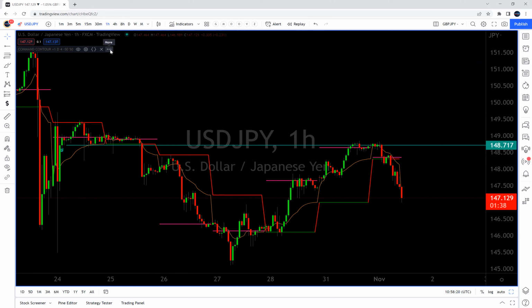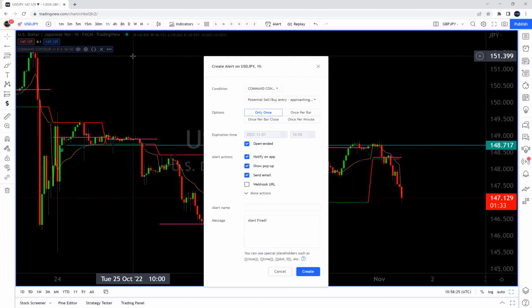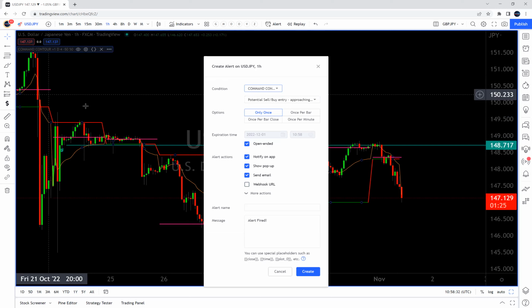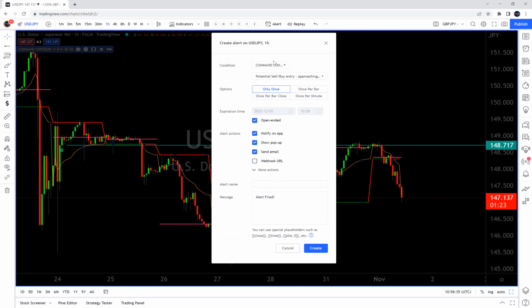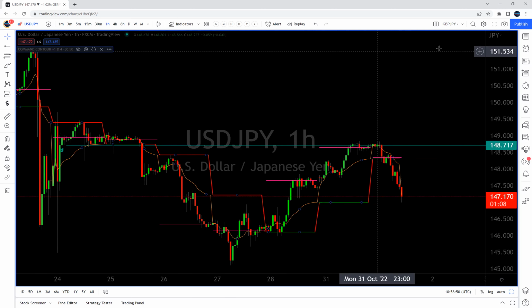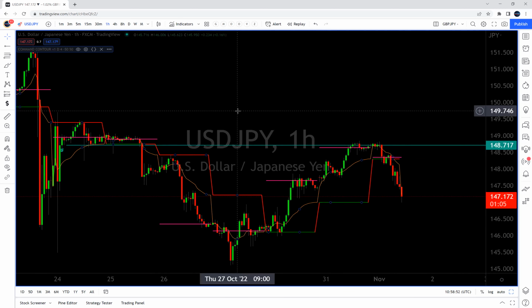So if you click on these 3 buttons next to the indicator, just click on that and hit add alert. Your condition will be your command contour, right? So you're choosing command contour. You're not choosing the asset that you're trading. Command contour, when it reaches certain conditions that's built into the tool, it will give you an alert, right? And right here, you'll see alerts fired. So just hit create, and that notification will come to your app if you're running it on an app, or